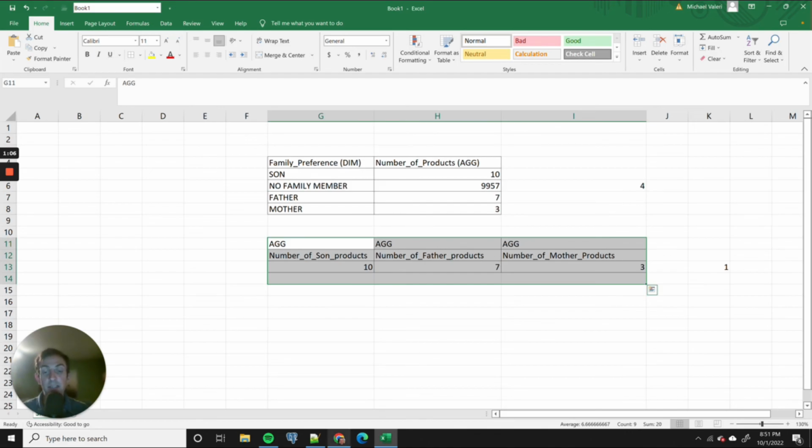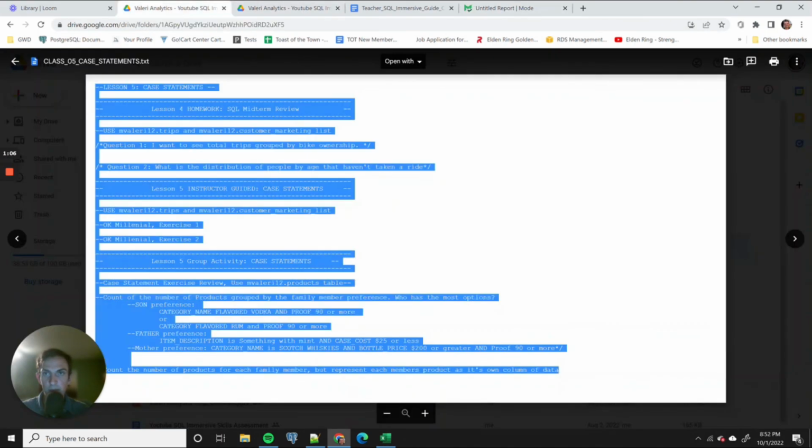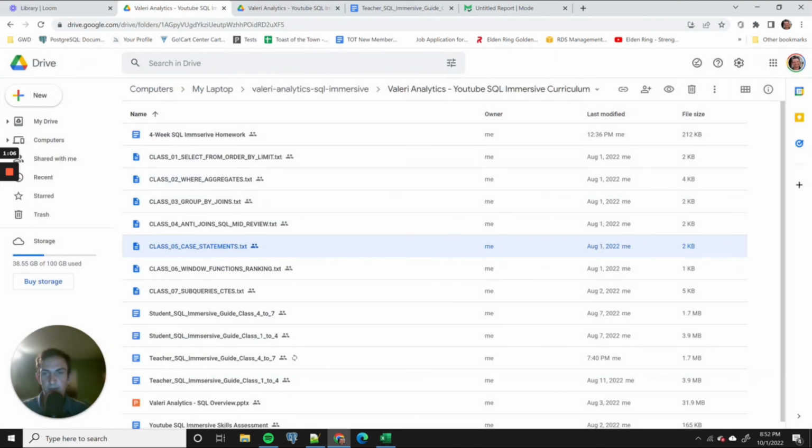I think it's pretty advanced, and if you know how to do it, you can really create a lot of efficiencies in your code, especially when you're aggregating data. There's lots of questions on the homework about that. In fact, the homework's over. We're moving on to the SQL Midterm Review. And the SQL Midterm Review is something I'm going to go over in the next video, because all your homework and assignment is moving out of